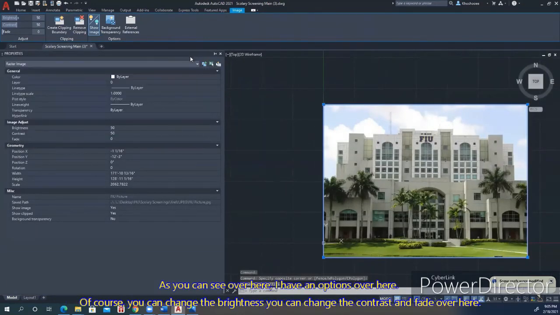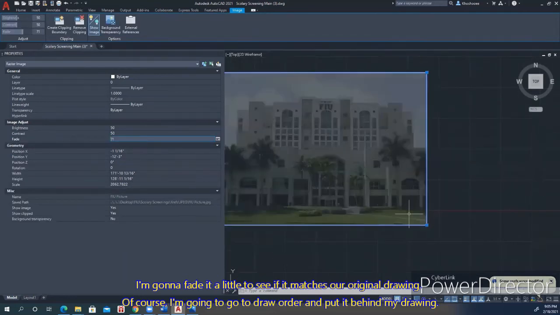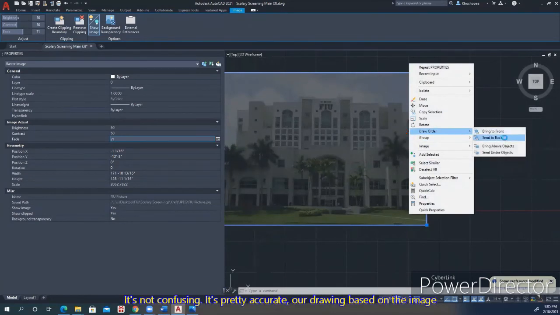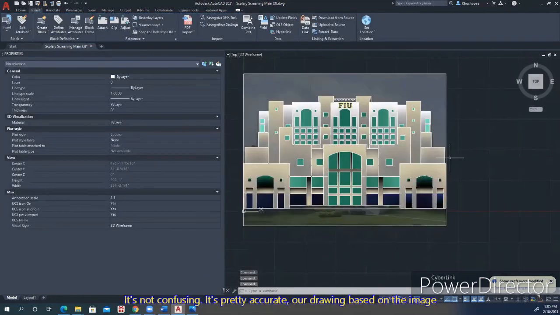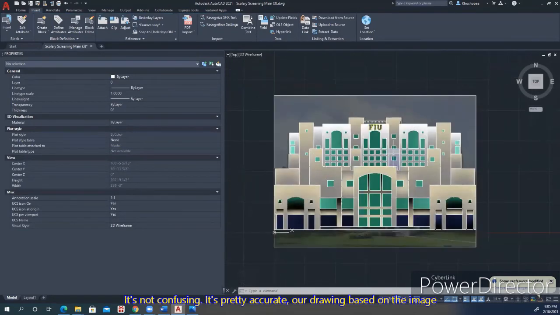And as you can see over here, I have an option over here. Of course, you can change the brightness, you can change the contrast, and I have fade over here. I'm gonna fade it a little to see if it matches our original drawings. Of course, I'm gonna go to draw order and put it behind my drawing. It's not confusing, and it sounds pretty accurate, our drawing based on the